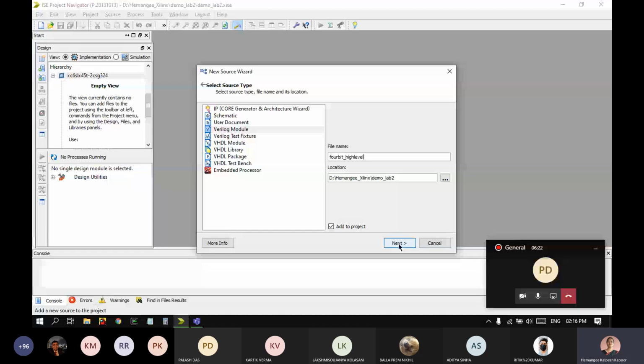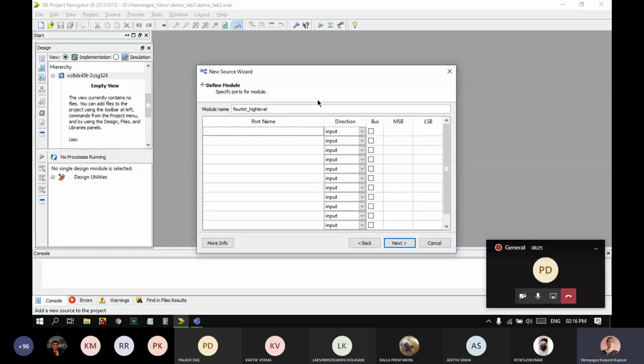Here you can give the types of inputs and outputs. A is one input, B is one input, carry in is another one, and I'm going to get a bigger value of the sum. How many bits do I have? 3. So this is a 3-bit number. This is a single bit, and your output is a 4-bit output.